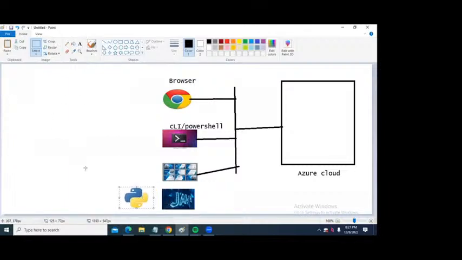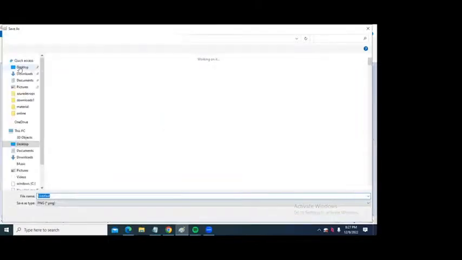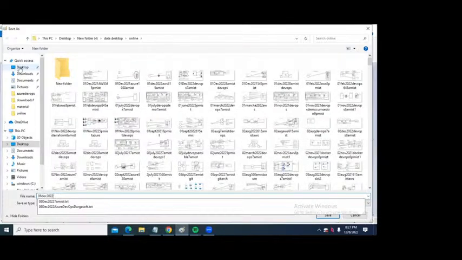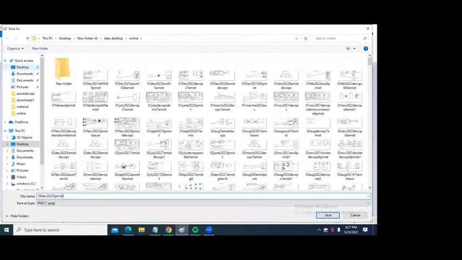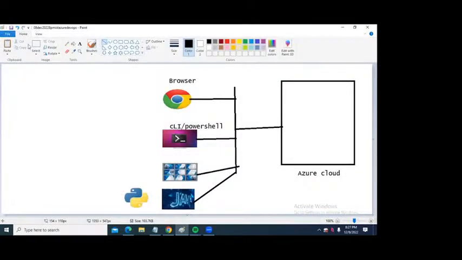Can anyone guess why Azure has given these many interfaces? It depends. Customers can choose anything they want, sir. There is not one way to do it. If they want CLI automation, they can choose based on the business needs, I guess. Right, correct. Yeah, these are the four ways of using Azure.